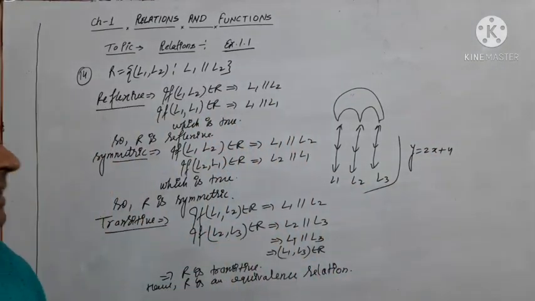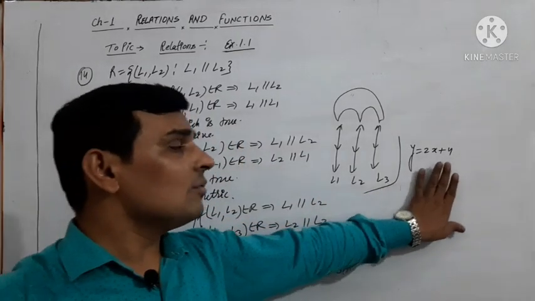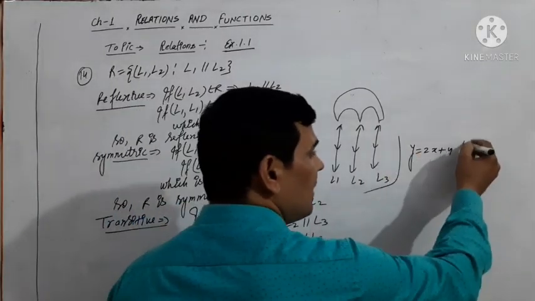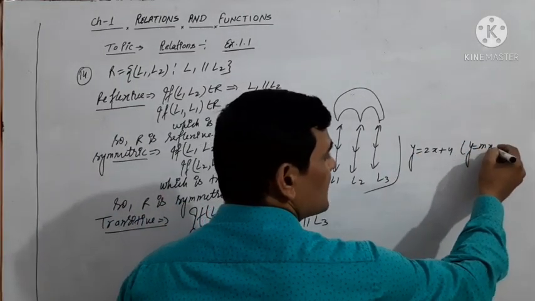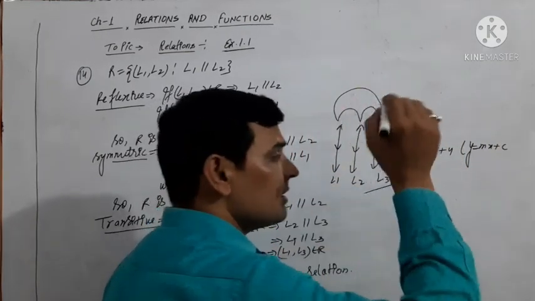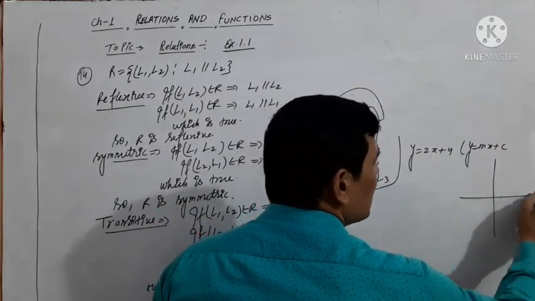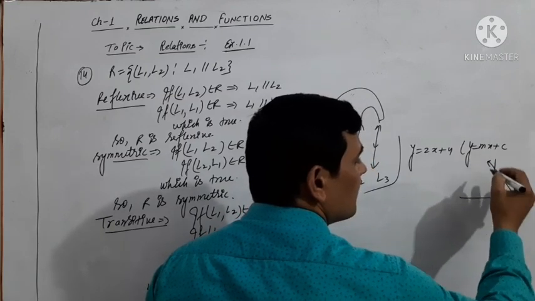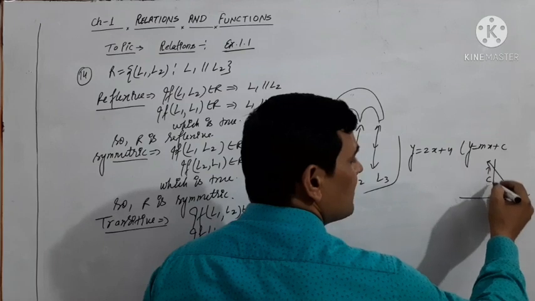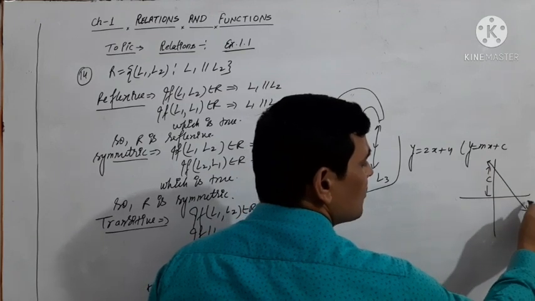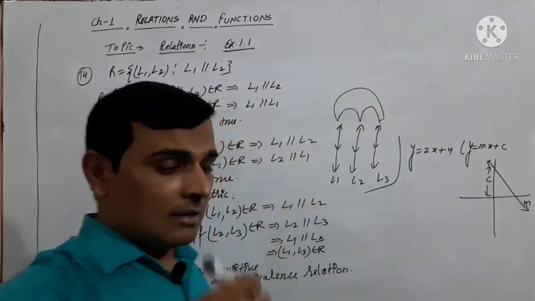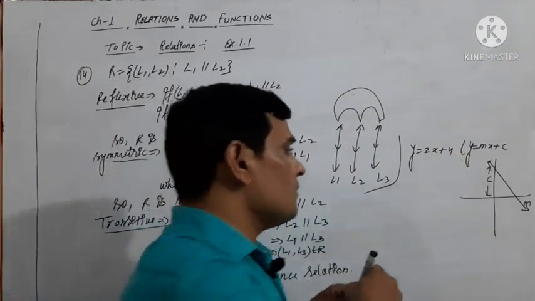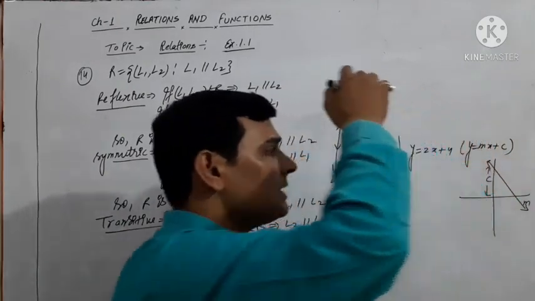We have to find the set of all elements which are related to this line. ये लाइन बेटा आपने क्लास 11 में पढ़ी होगी, किस फॉर्म की लाइन है? y इक्वल टू mx प्लस c की फॉर्म की लाइन है। इसको अगर ग्राफ में ड्रॉ करें तो क्या आएगा? y equals mx plus c, where c is the y intercept and m is the slope of line. Clear? So y equals 2x plus 4, on comparing this equation with y equals mx plus c, बेटा